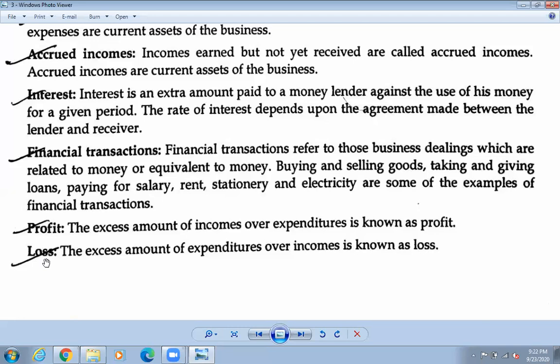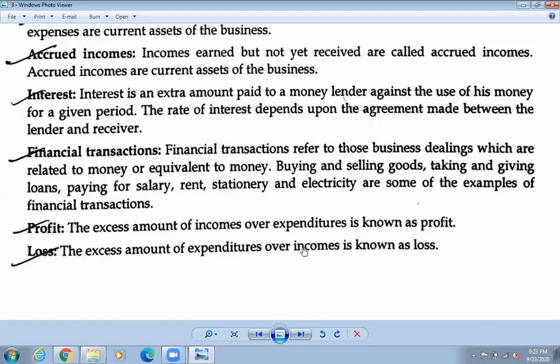and if you sell it at 7 rupees, then what is that? That is loss. घाटा भयो. So this is the loss. Right? The excess amount of expenditure, घाटा. Okay, so the excess amount of expenditure over income, that means आम्दानी भन्दा खर्च धेरै छ.